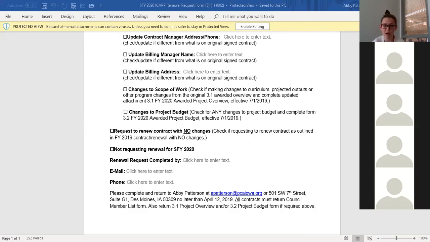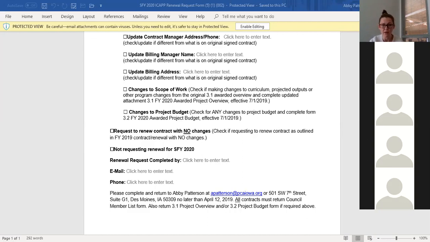And then we want to know who that contact person is, who's filling out that renewal request, that email and phone. We want to make sure we have all of those contacts up to date. And then we're just asking you to return those to PCA Iowa. You can either mail in a hard copy, or you can email them to apatterson@pcaiowa.org.